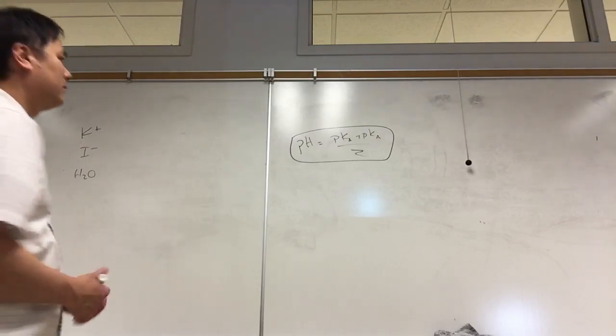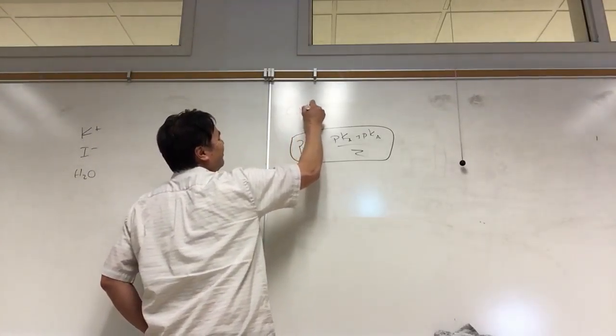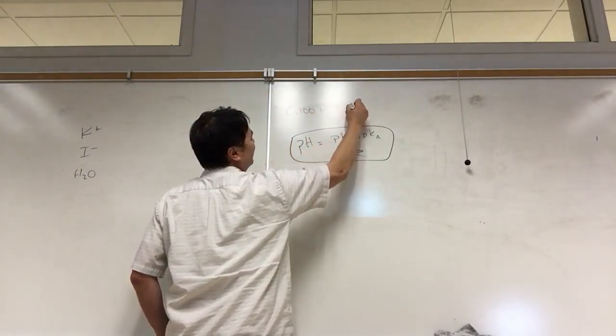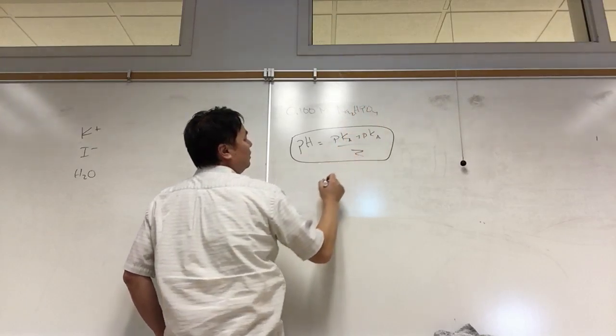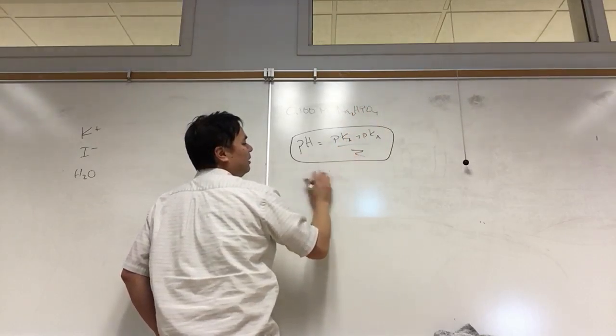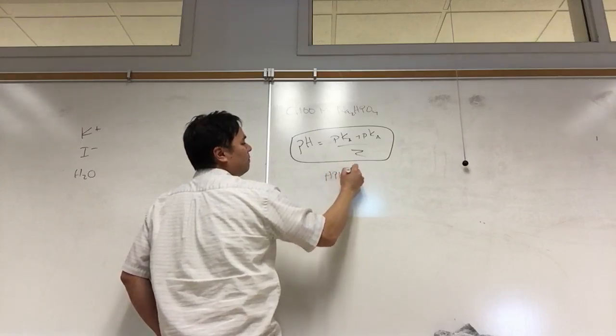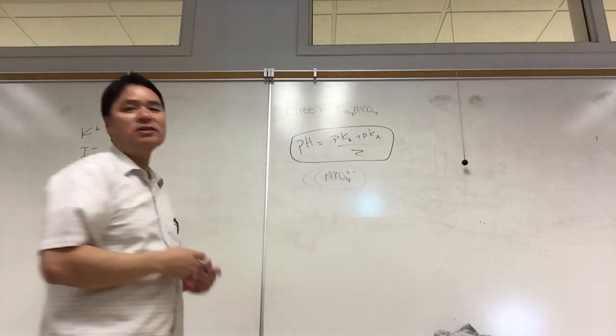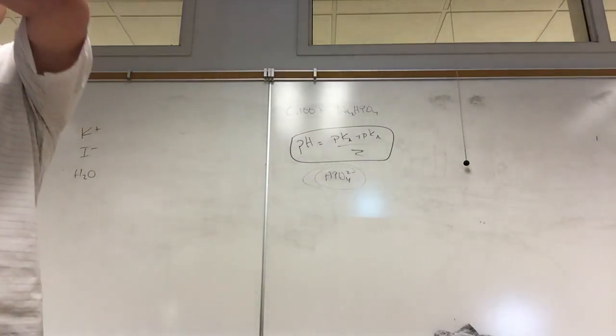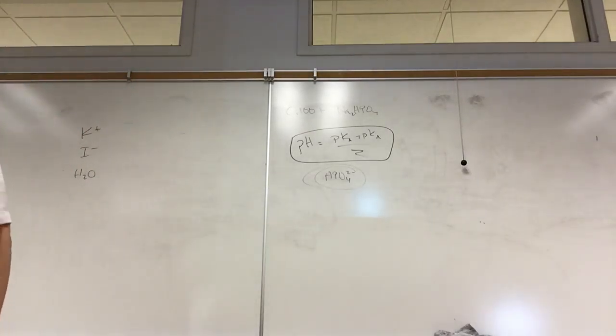So on one of the tests I gave this species, 0.100 molar sodium monohydrogen phosphate. Monohydrogen phosphate is amphoteric. Monohydrogen phosphate can hydrolyze water as an acid or as a base. In fact, it does both. You can't stop one or the other. And so it's amphoteric. Therefore, when we have an amphoteric species, we have to solve Ka and Kb and Kw